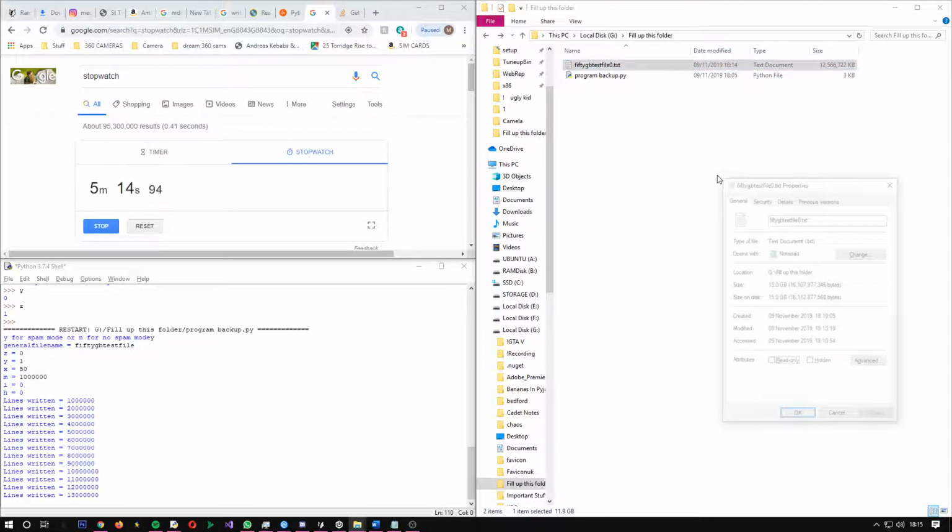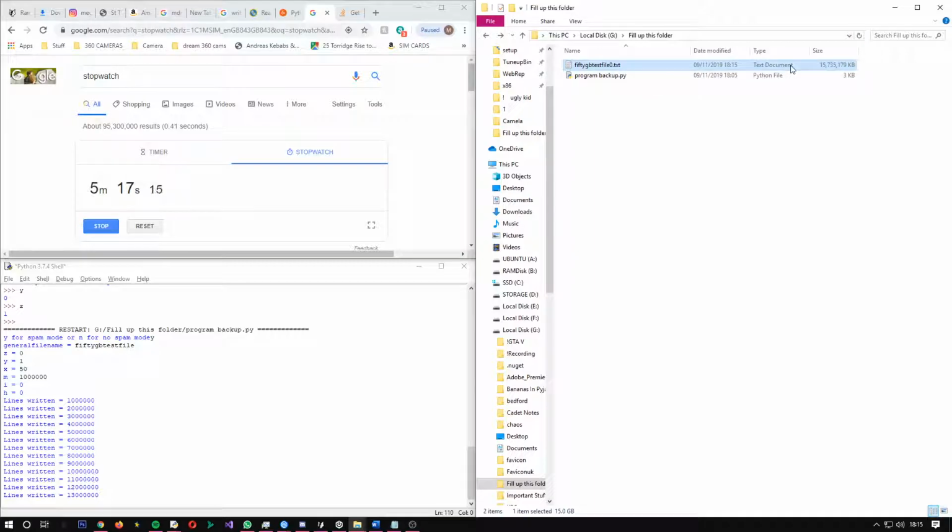So we are currently on 15 and a bit gig, which is progressively filling up. We've got 15 here and 13 there, so you can see the values are going to start drifting apart quite a bit, but it should be